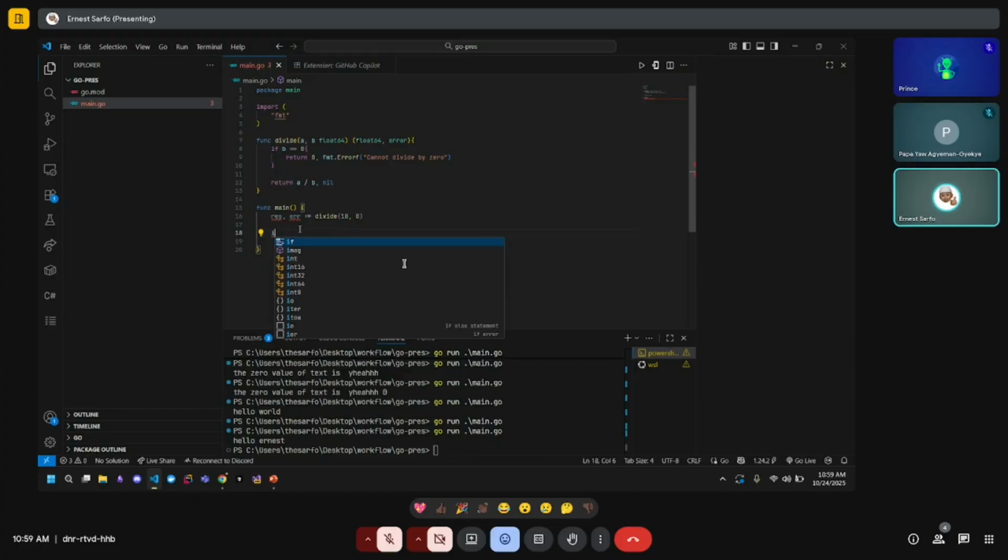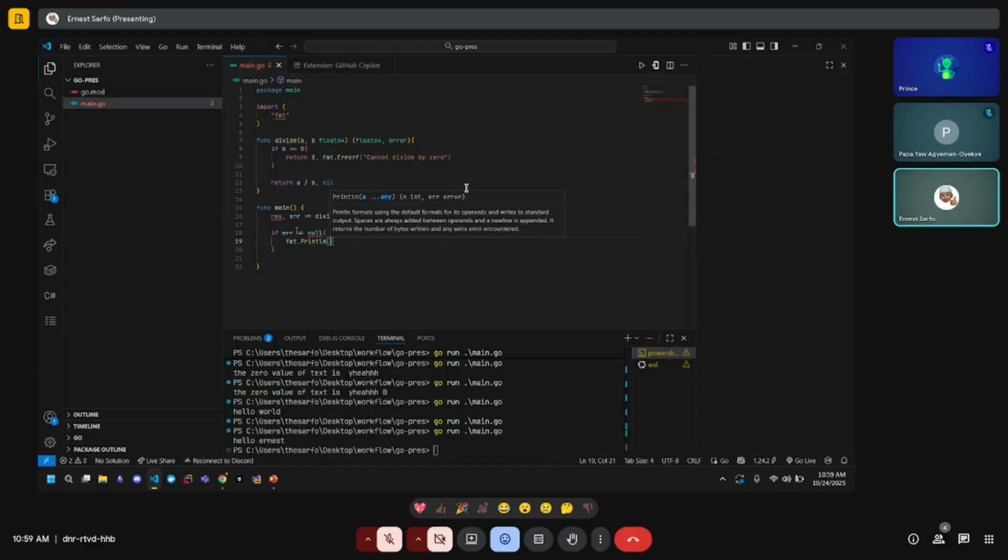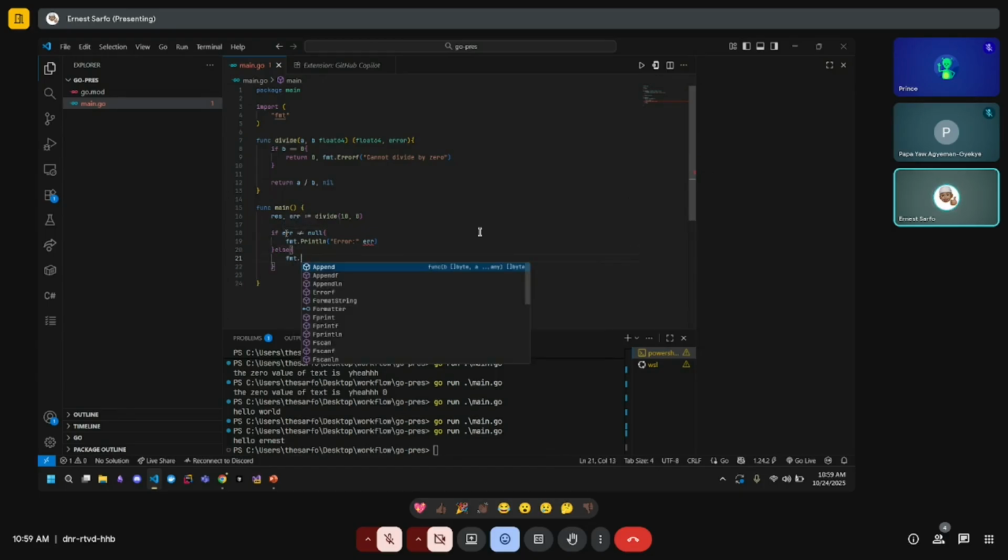So we are trying to check if an error actually exists, right? So we can do if error is not nil, then we'll print our error. So we can do fmt.Println error, and then we'll just print whatever error message that the function is giving us, which in this case is err. If not, so let's do an else. We'll just do fmt.Println result